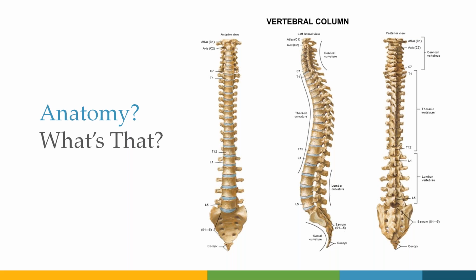There are 5 vertebrae in the lumbar region, so L1, L2, L3, L4, and L5. Again, this is a portion of your spine that has a lot of weight bearing. There are low back injuries that can happen from repetitive use in the work environment that can cause problems with the sciatic nerve, or potentially even cause some amount of impingement on some of the nerves coming off of the